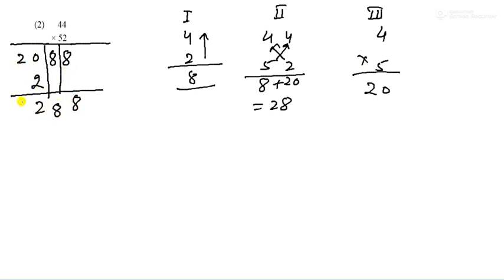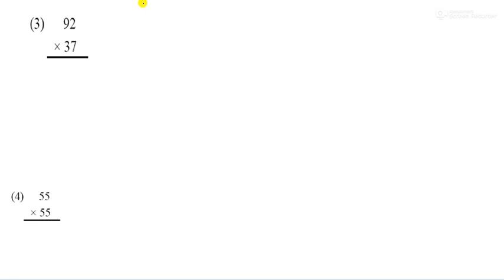Like this. Yes, now third step. So it is 4 and here is 5. So multiply this, 4 5s are 20. So you can write here 20. Now add them. So it is 8, it is also 8, it is 2, and it is 2. So that is your answer. Now come to the third question. Third question is,